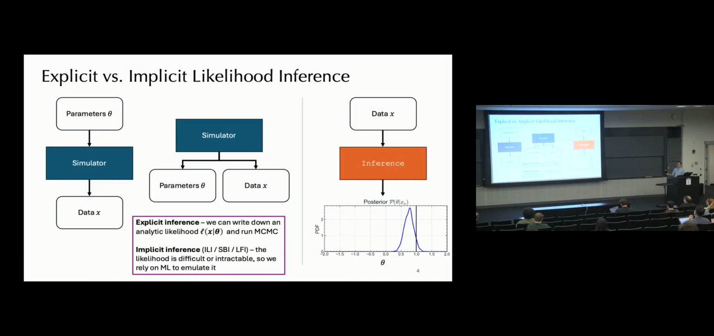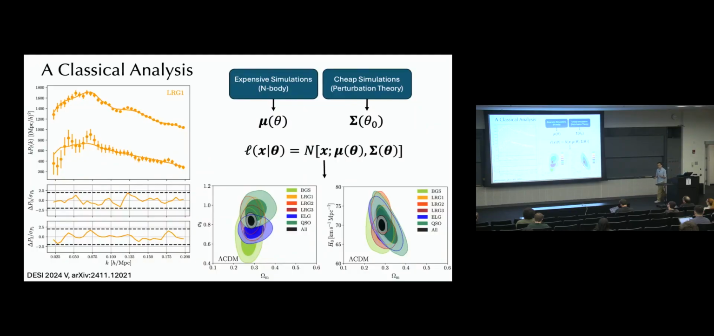And the reason I put these two terms here is I'm going to come back to this phrase implicit inference a lot, because you might have heard it before in terms of simulation-based inference or likelihood-free inference, but in our collaboration, we call it implicit likelihood inference. It all means the same thing, right? Okay, so let me give you an example, right? This is how cosmology is done in 2024,